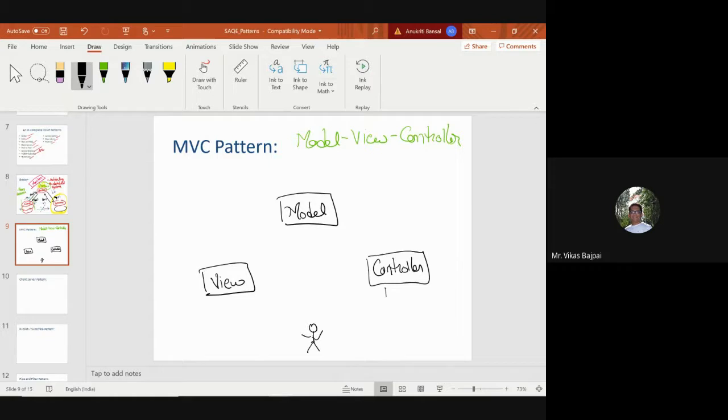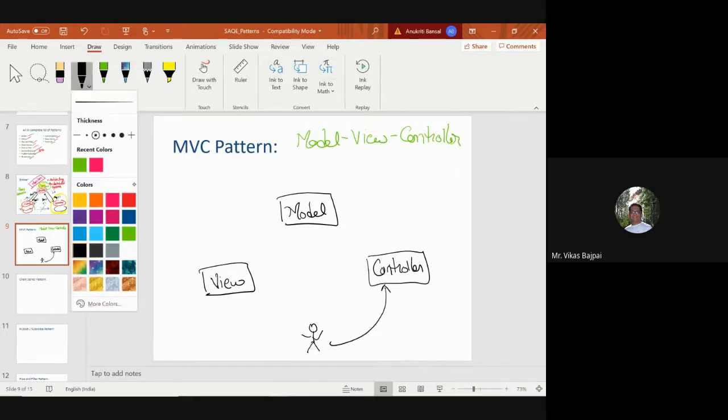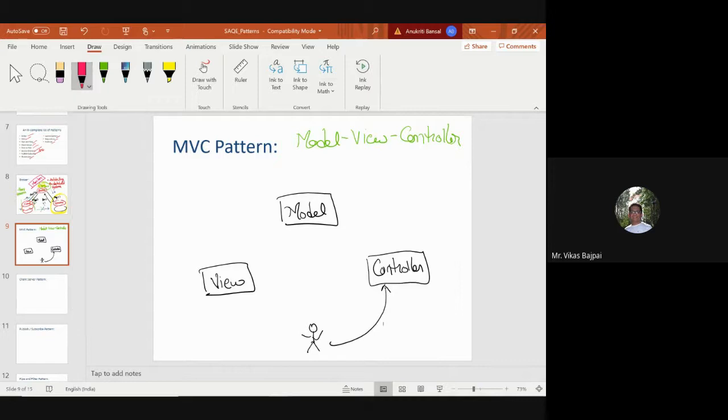So the users are using this controller, which manipulates this model, which further updates this particular view, and the user sees a new view.